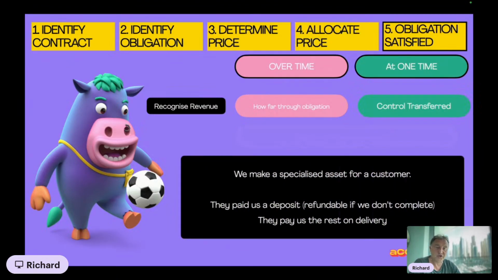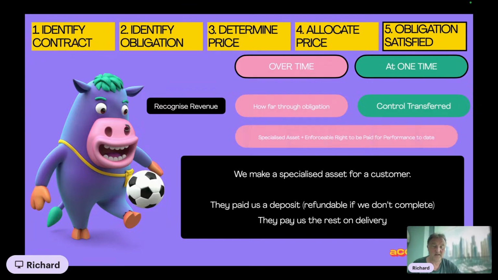What about this one? Getting a bit tricky now. We make a specialized asset for a customer. They paid us a deposit, but they pay us the rest on delivery. So you might think, is that over time? Because we're building it over time, we're making it over time, but the control's transferred at one moment in time,